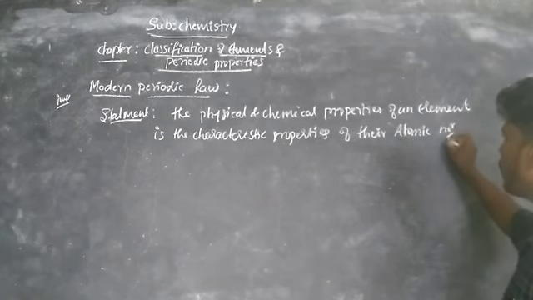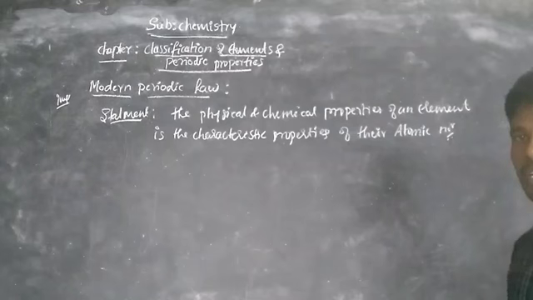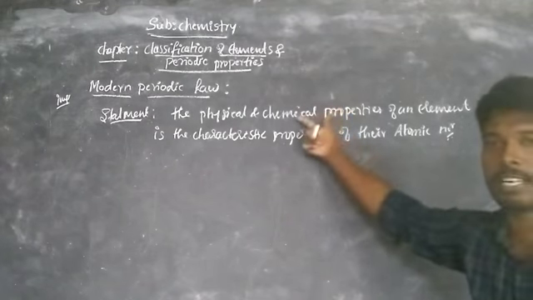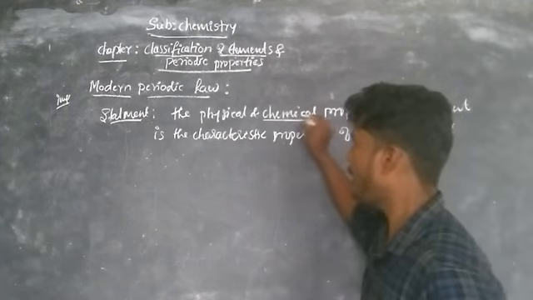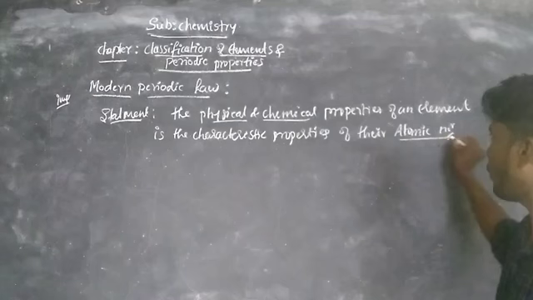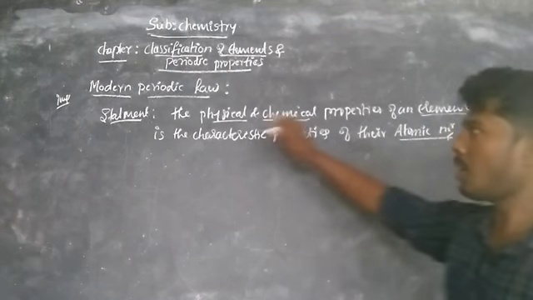So you already know the definition of atomic number. The physical and chemical properties depend only on the atomic number of an element. That is called the statement of